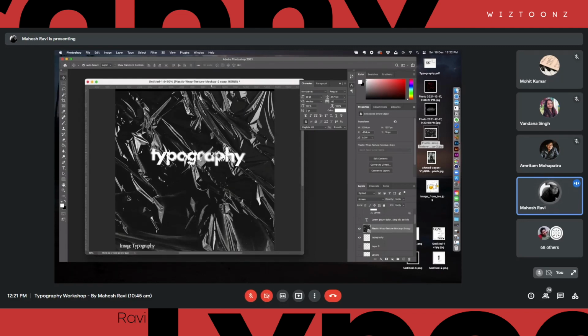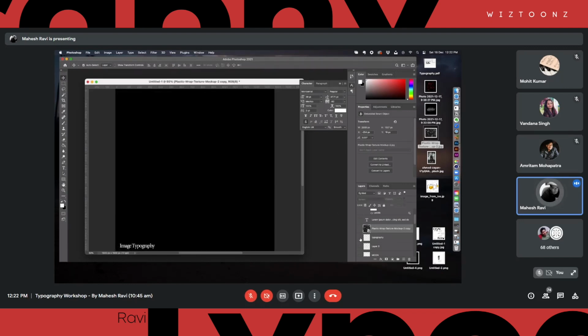Like if you want to create text looking like it's on a fabric, for example, when you're creating a mock-up of a logo that you want to stitch onto a fabric, you can use the same technique, and it will work perfectly. So that's the displacement map. These are the techniques where you can use images in your typography. So let's go into the next one.